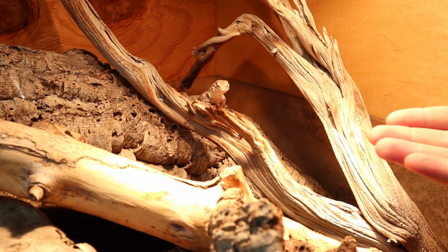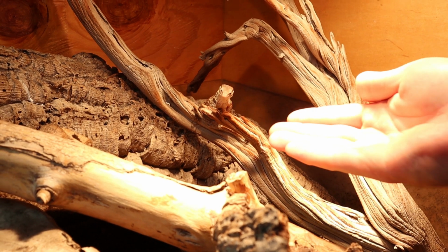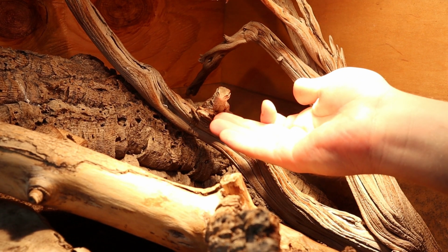So what's the wrong way? Coming overhead is generally not the best way to go about it, since that reminds them of birds of prey, which is not a good thing if you're a lizard, especially a baby lizard. Also, you want to be slow in your motions. Coming in really quick, that's just going to freak them out because they don't know what's coming at them. You want to be slow. You want them to be able to realize it's you, smell it's you, pick that up. So you want to come in slow and sort of on the same level as them. When you're just starting out, when I say slow, I mean like